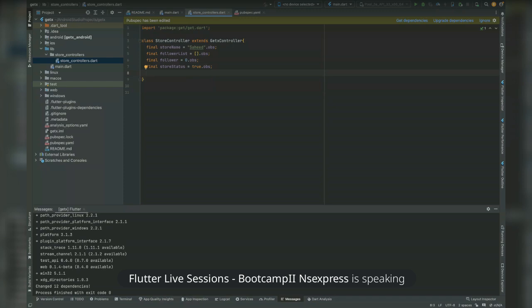How do we create maps? Don't forget the final reviews. I don't know how to create my map. If you want to create a map,